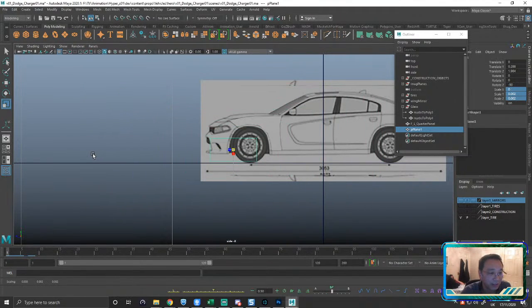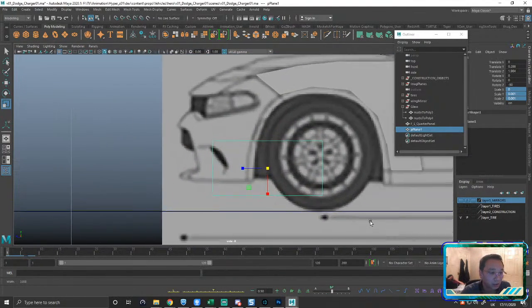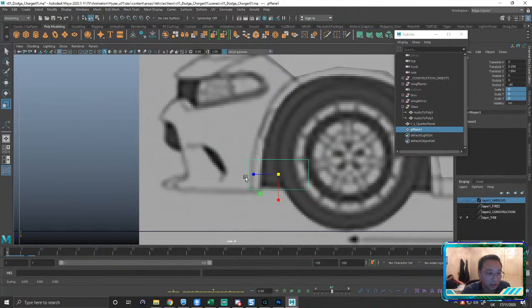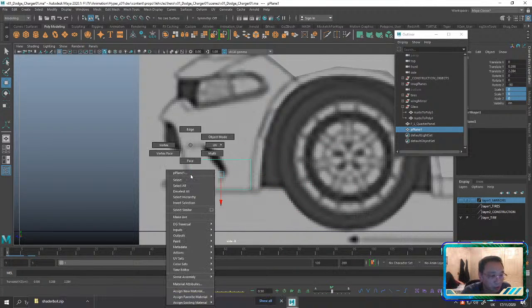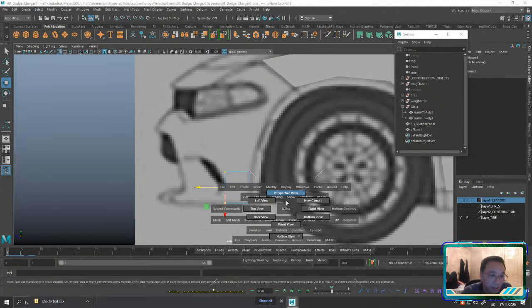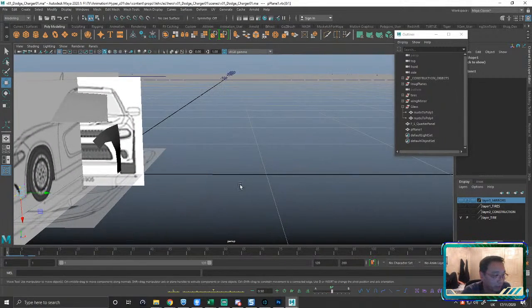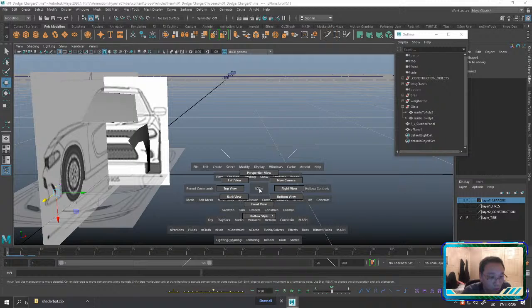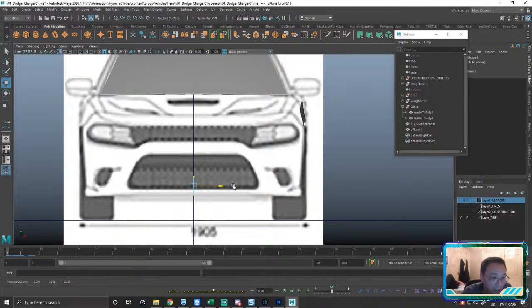Let's bring this guy down to size. Move him into position, right? Again, I just want to show you how to connect objects together. Yeah, let's just do that. So I'm going to come in here, go into perspective view. I've got that there. I'm going to go to my front view, and let's move this guy out.